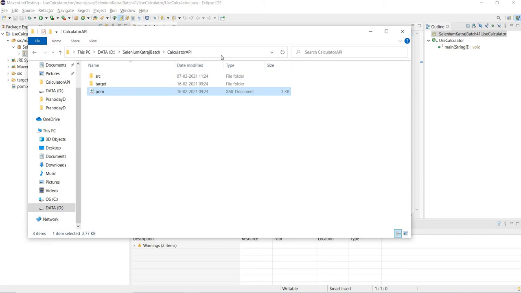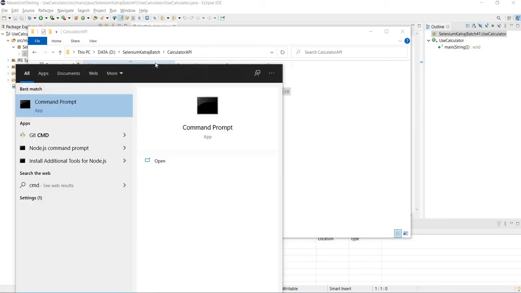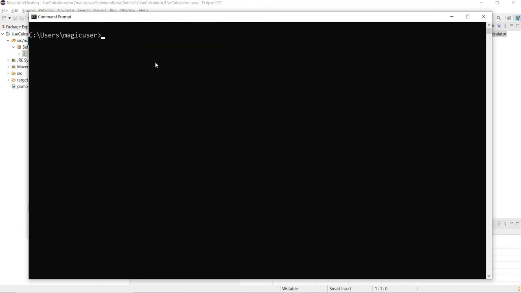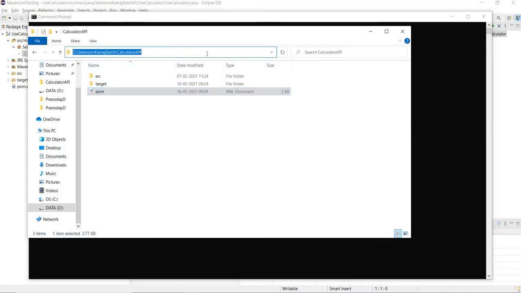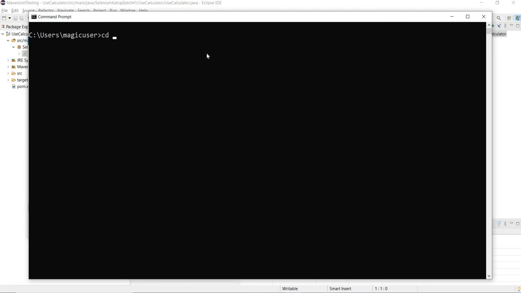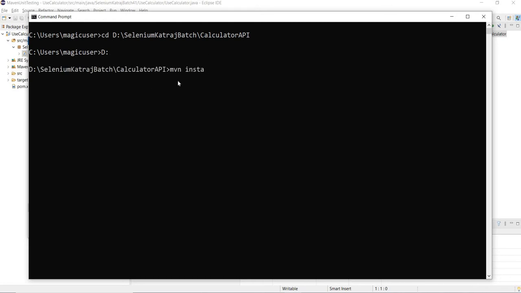So what I'll do is I'll continue working on this project from command prompt and this user project using Eclipse, so that you guys will get to know how to use Maven from outside of an IDE and how to use it from inside an IDE. So if I continue working on both these projects but in a different way, both the concepts would be clear, right? So now I'll say cmd, now cls, and I will just change my working directory to my project, cd d colon. So I am in my project directory and I will say mvn install, right?